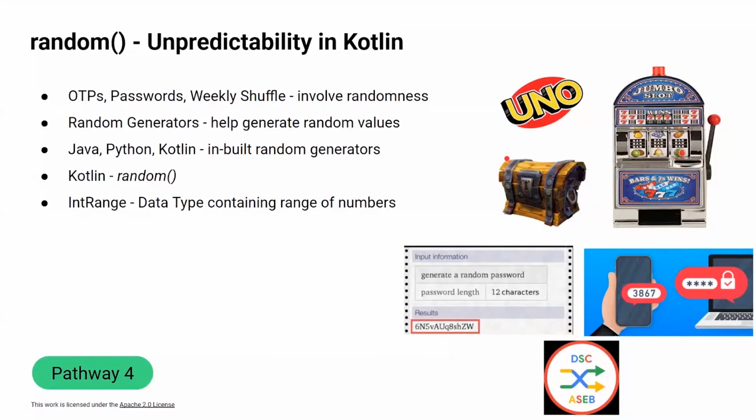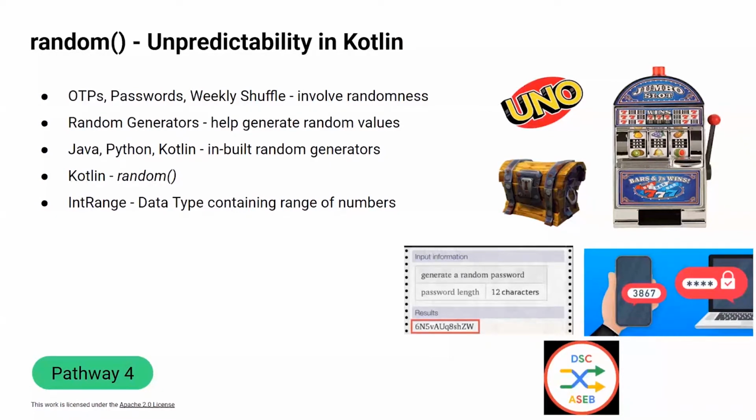That's as far as games go. And now speaking with respect to real life, randomness has a place there as well. OTPs, like Saket mentioned, and even password generators. Sometimes you want to generate a random password, or, going deeper, there are certain cases where when you enter a password, there's a certain way of storing it, which is you generate a random string and attach it to the password so it becomes more secure. This is a process called salting and hashing. And if you want, you can research more about it. It's a pretty interesting topic.